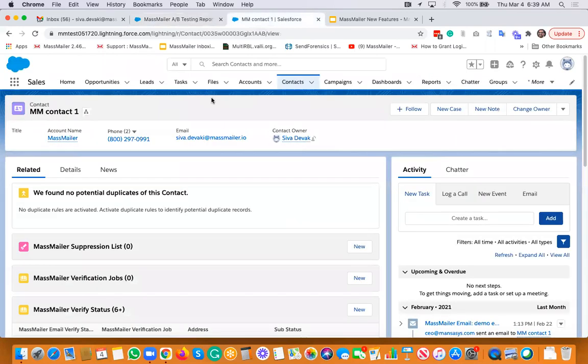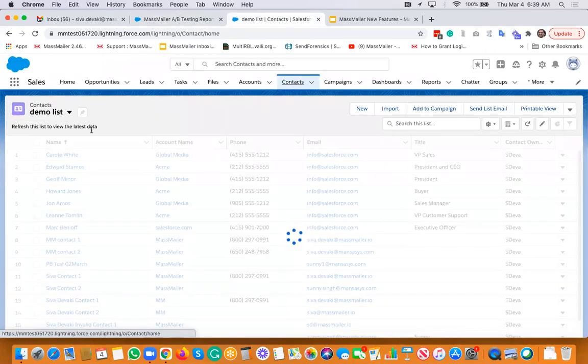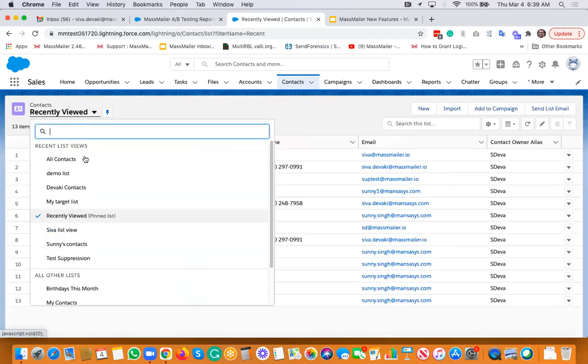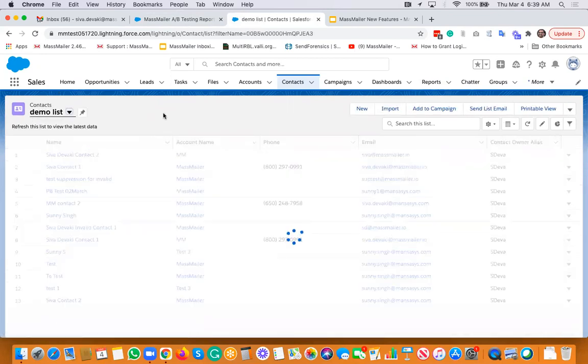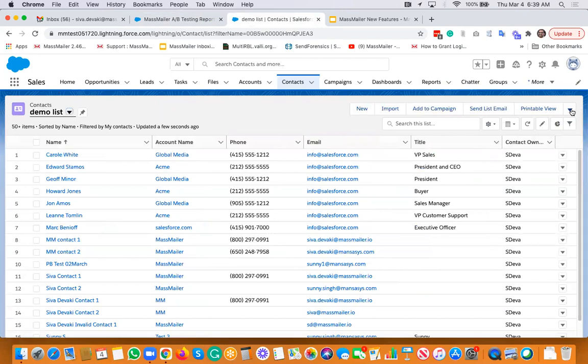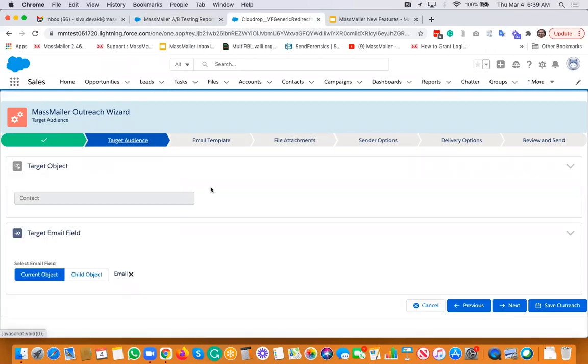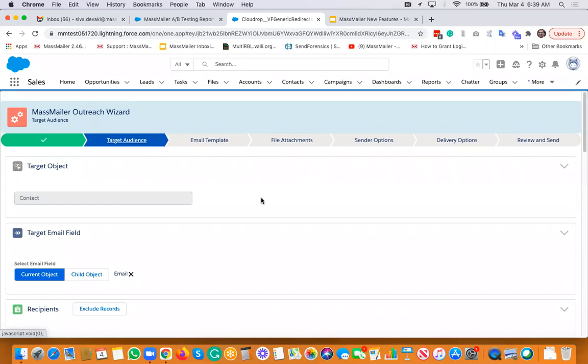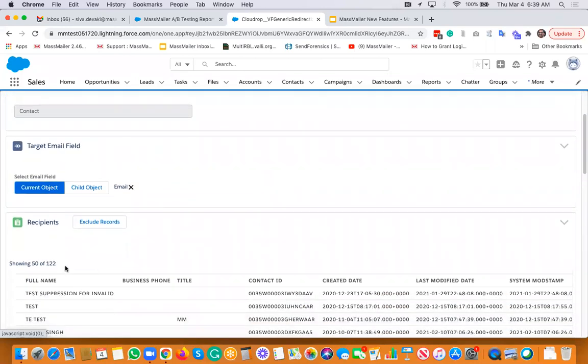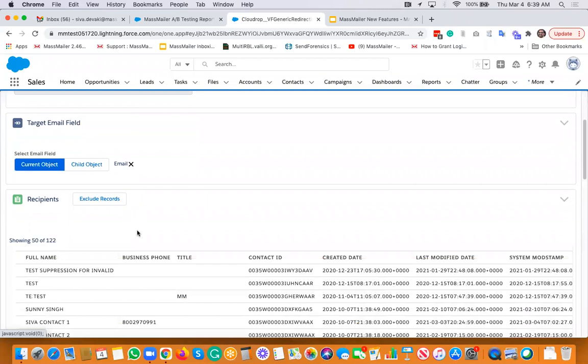And then finally, we're talking about the filter option. So if you're coming from a list view, let's say you're coming from a list view like this, and then you're sending out email, send via MassMailer, and then go to the next step. Okay. So as you can see, we have this option called exclude records. So that's an option that we added here when you're coming from a Salesforce list view. That's available. And then